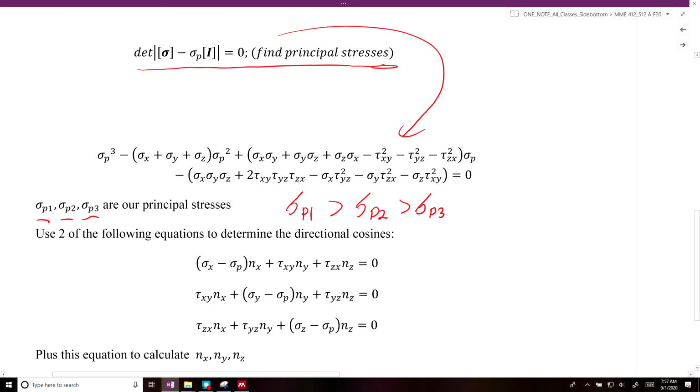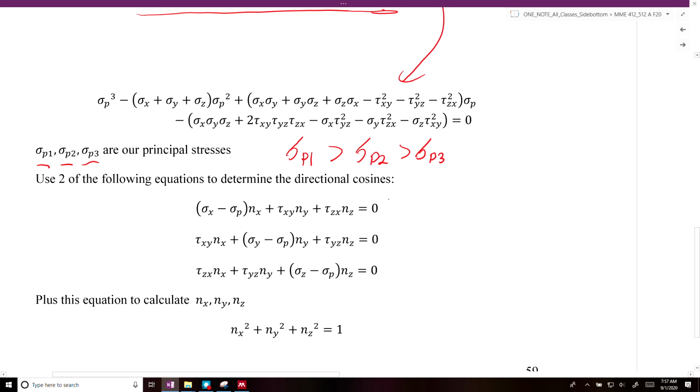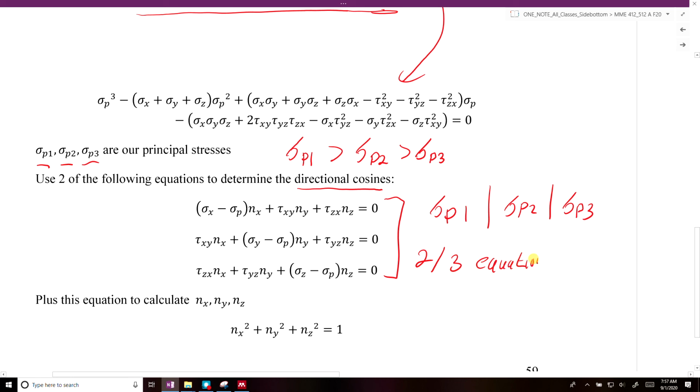here to determine the directional cosines nx, ny, and nz relative to our original coordinate system. We need to plug in sigma p1, or you can plug in sigma p2, or you can plug in sigma p3 into 2 out of the 3 equations listed here,